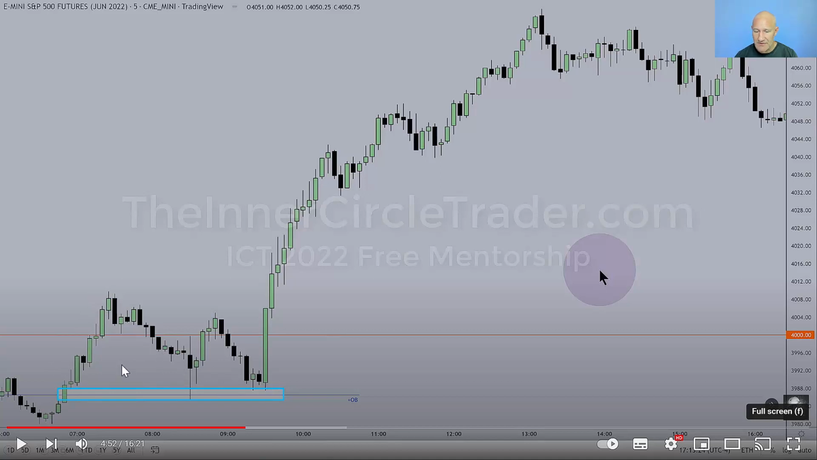It comes down into a discount, and we have our bullish fair value gap here, which is confluent with the order block that we were talking about earlier in the video, and you can see how the market trades down into that at 8:30. We obviously get a reaction. There's some volatility here before the market trades back higher, goes back up into a premium before coming back down